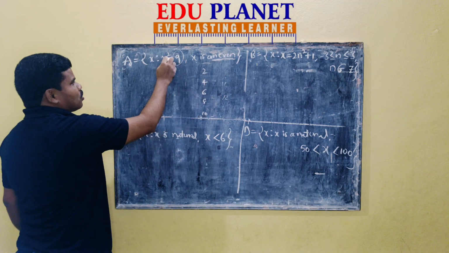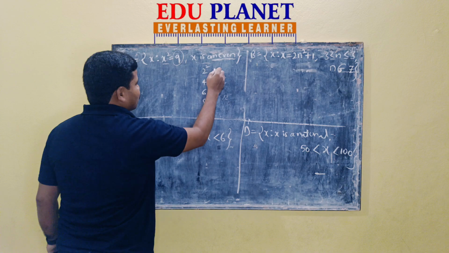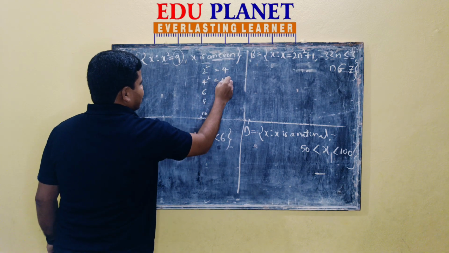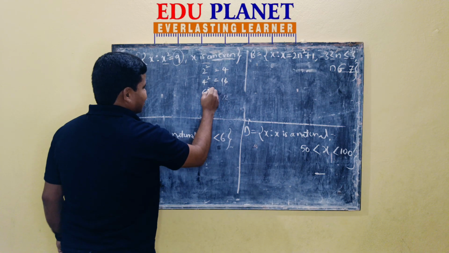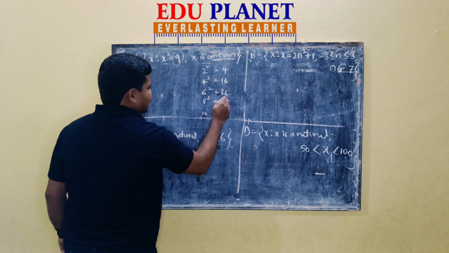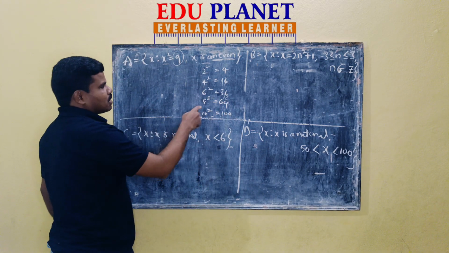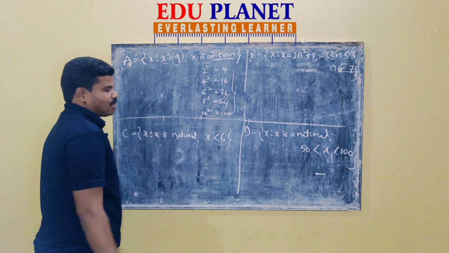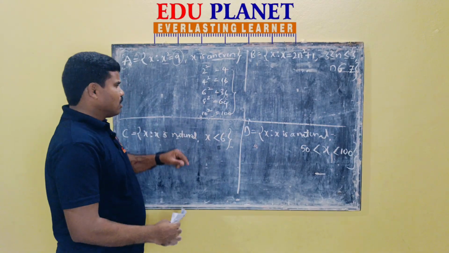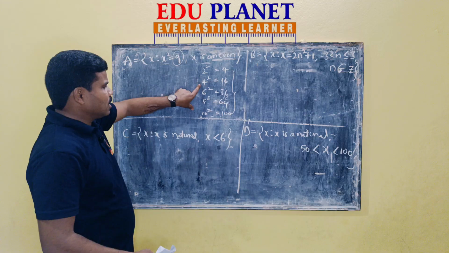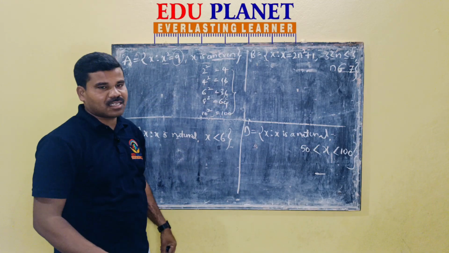For these even numbers, you have to write the square. If you write the square, how many values will you get? 2 squared is 4, 4 squared is 16, 6 squared is 36, 8 squared is 64, 10 squared is 100. It means all even numbers are delivering even numbers only. If you write the square values for the even numbers, in the result also you are getting